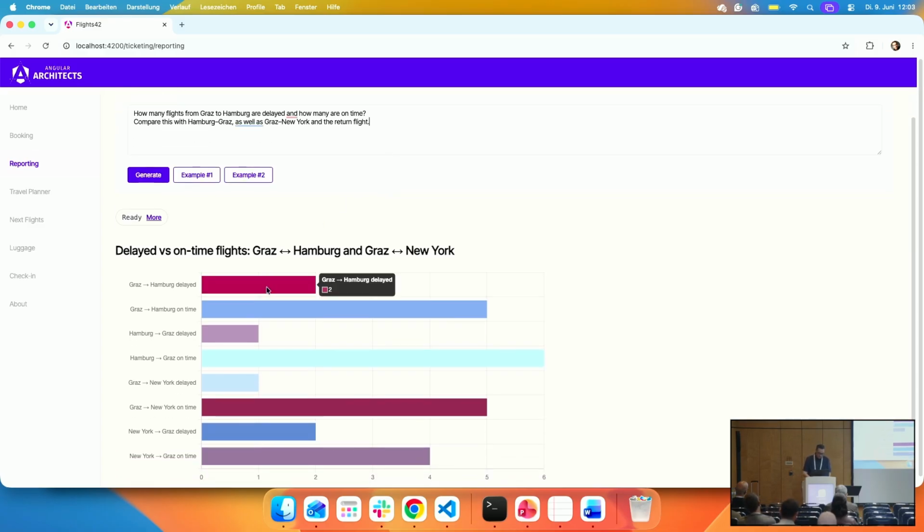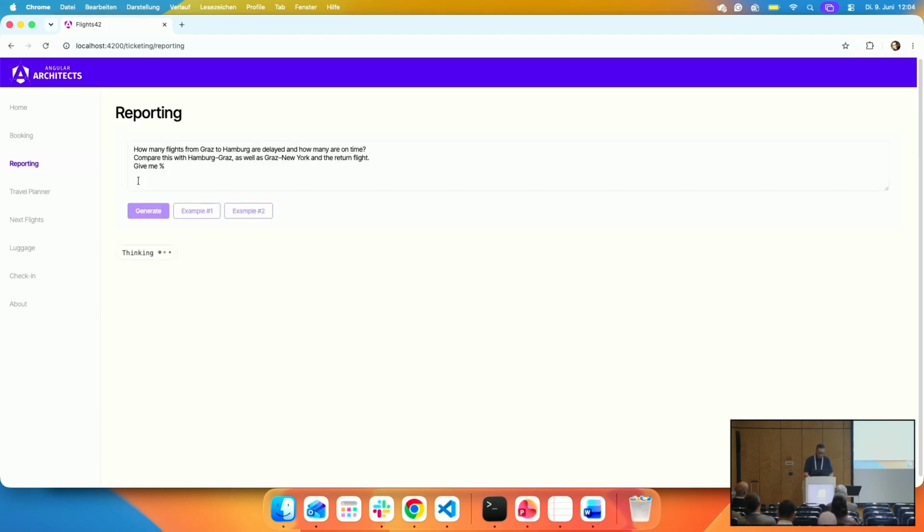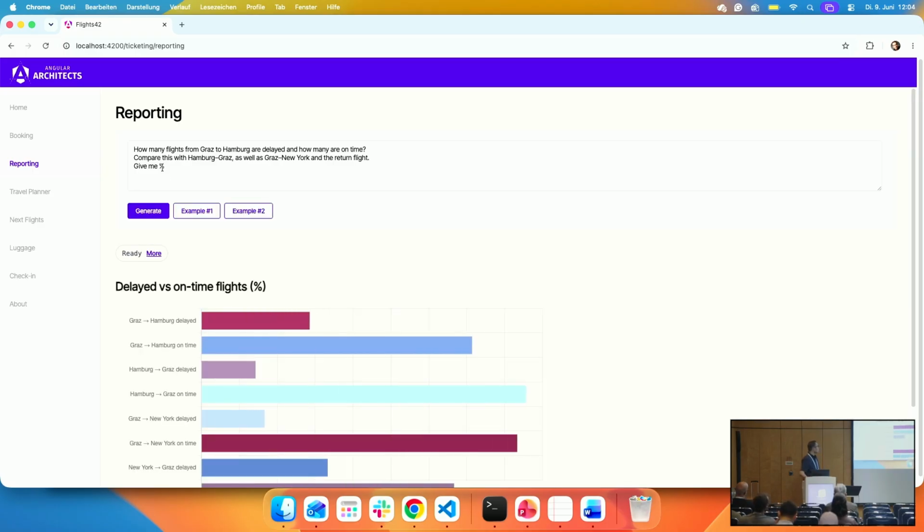So here I see, okay, 2 flights have been delayed and 5 flights are in time. So let's add here, give me percentage. And now we should see the same using percentage values like 28 and 71 should add up to something like 100%, respecting the comma values. Okay, so this is one use case.